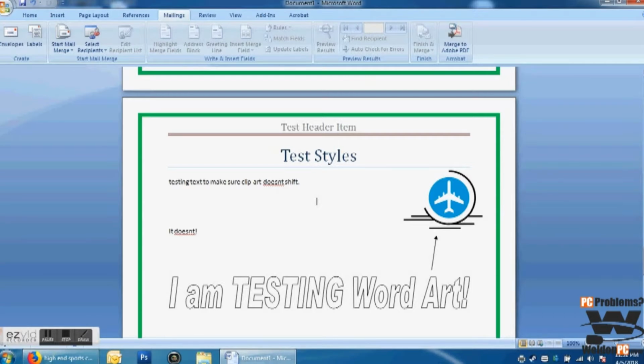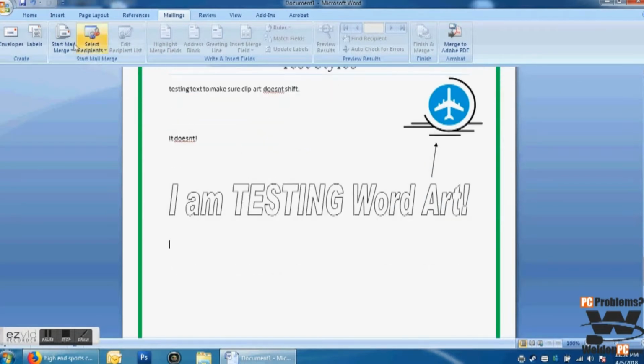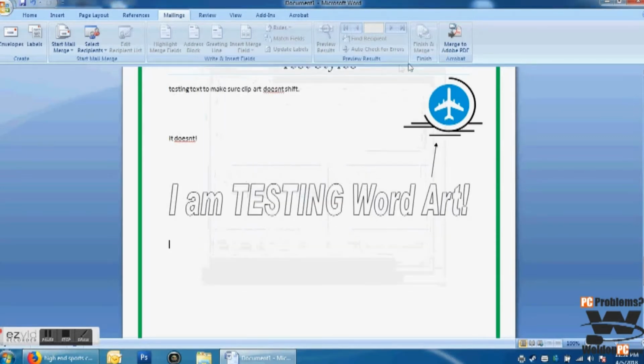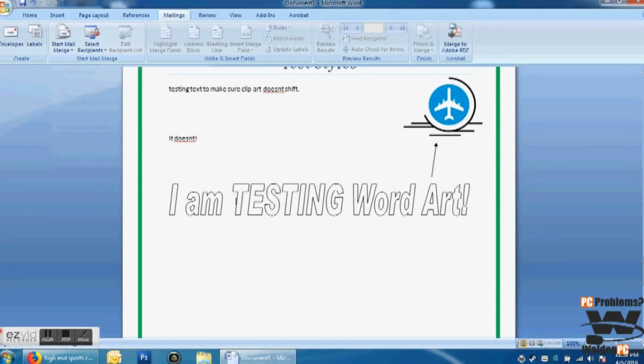The mail merge is pretty interesting. If you have a spreadsheet properly formatted, you can write a letter, and then every page of that letter will have a different address block on there. But the labels, it gets people into more trouble than it's worth. I would really cover that in a different video. But if you start the mail merge,